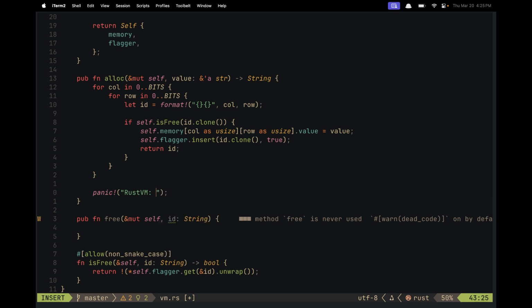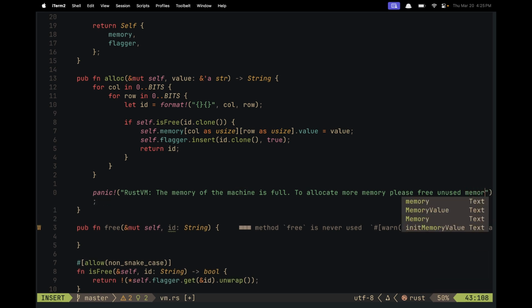All memory allocated now. The memory of the machine is full. To allocate more memory,